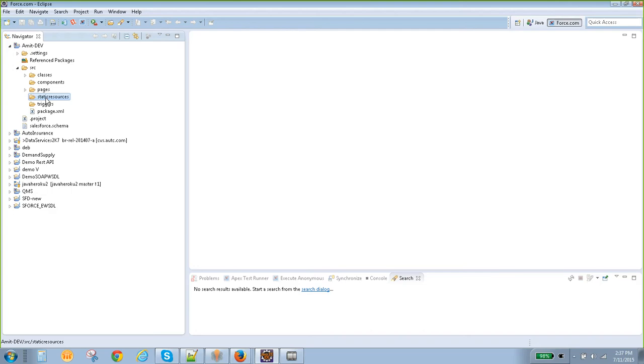Only those things will be available in static resources. Not property files, just CSS, JavaScript, and images. I was just giving an example. So these are the things available over here.